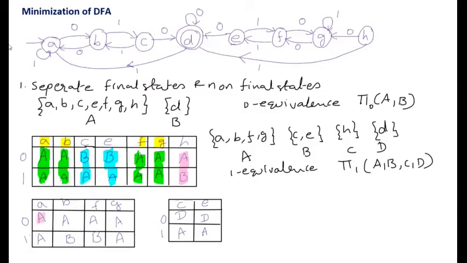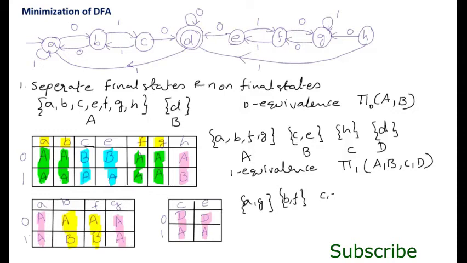Here in the first table, AA and AA is one pattern, AB and AB is one more pattern. And in this table, DA and DA are there. From this, we need to combine A, G into one set and B, F into one set and C, E into one set. H and D are in separate sets. It is decided in one equivalence.